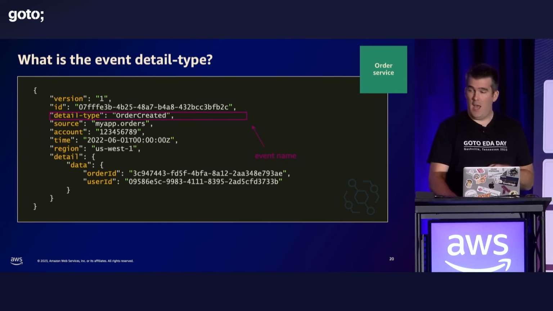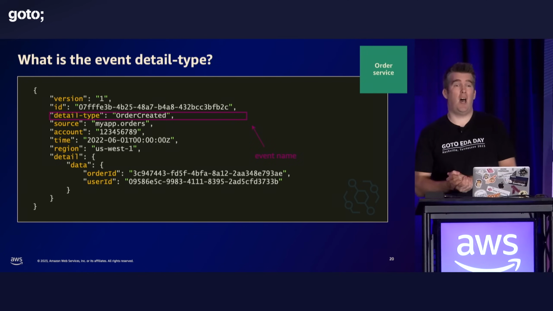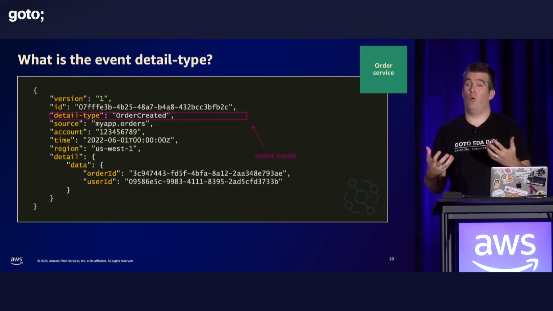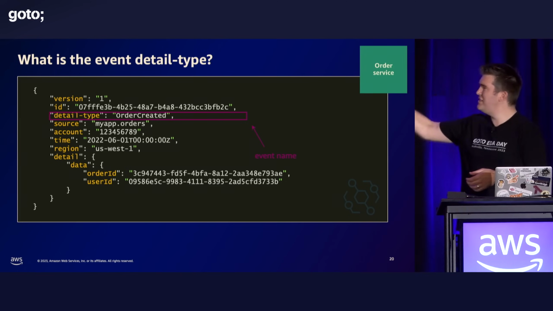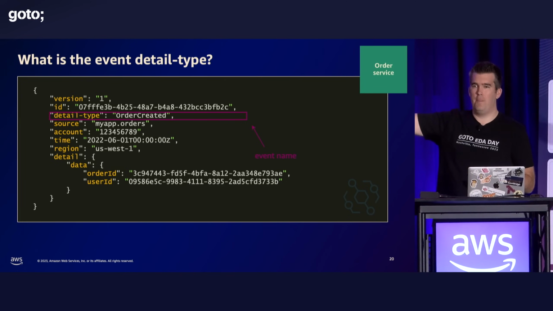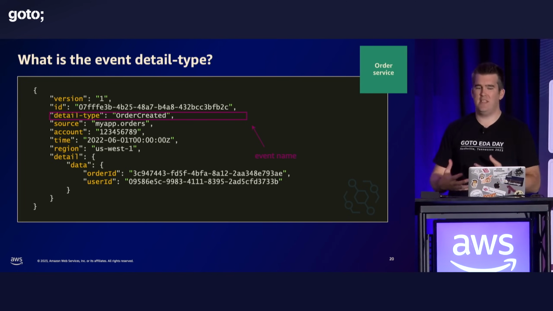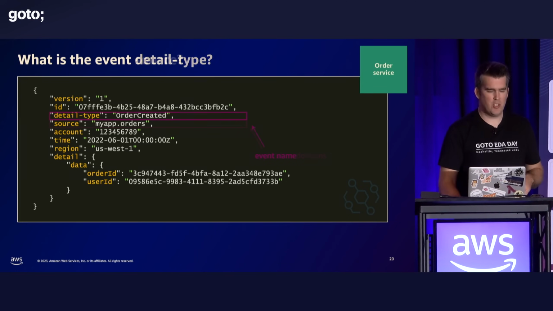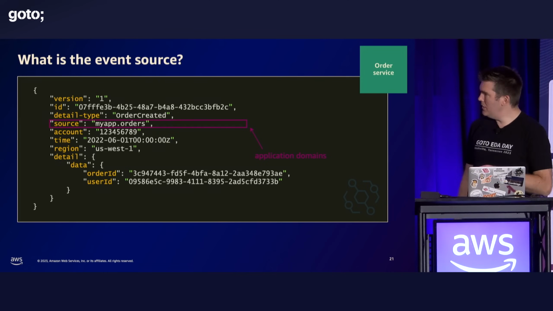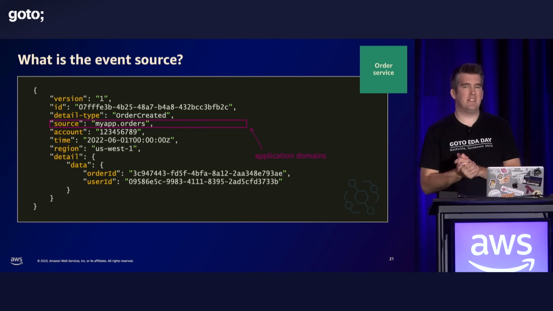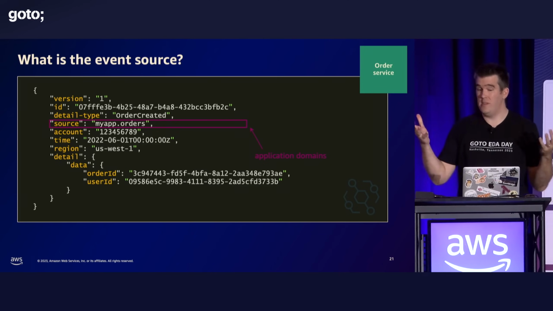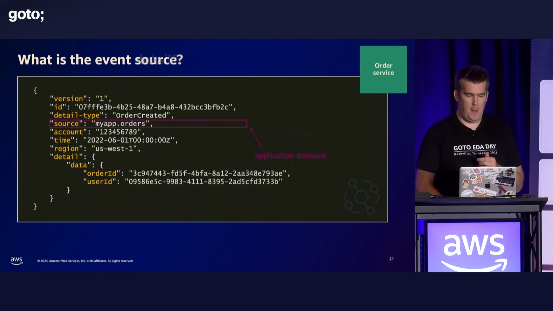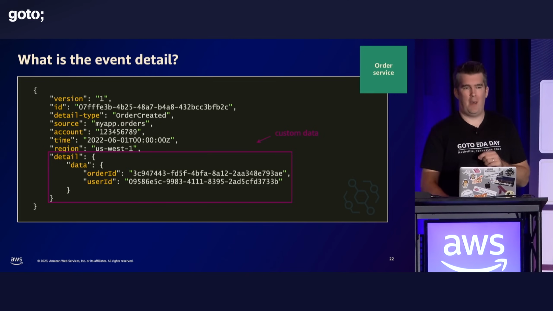At the top here, we have the detail type. This is how you define in EventBridge what the event is. So we know that an event is an immutable fact, and we decide to say, yes, this is the order created event, right? This happened. Order created, the intent is there. People should understand this. Next, we use the source here to say which domain has raised the event. We decide, well, it's the orders domain. That is fine.